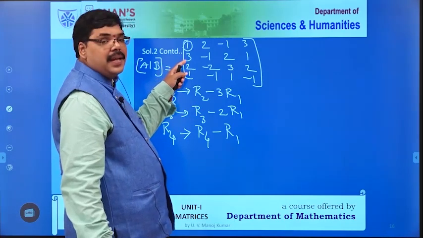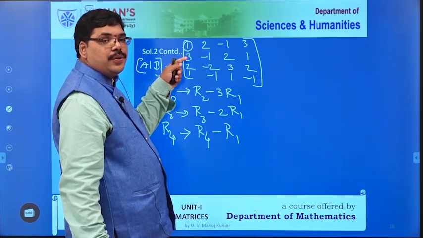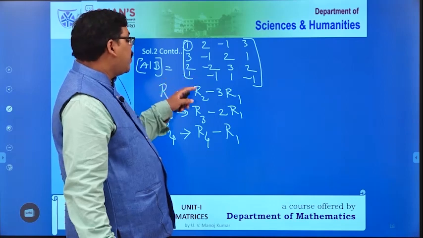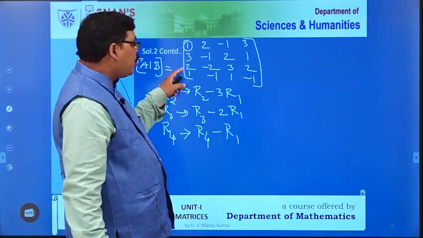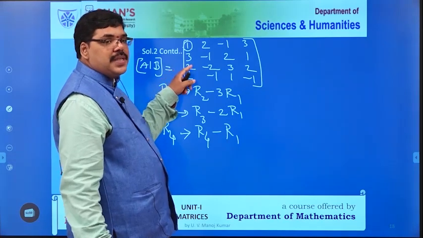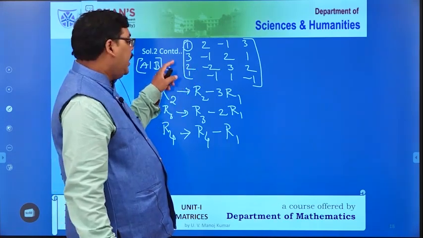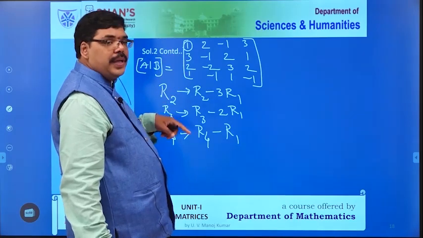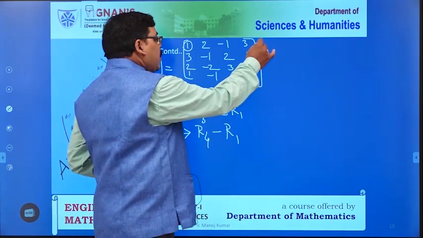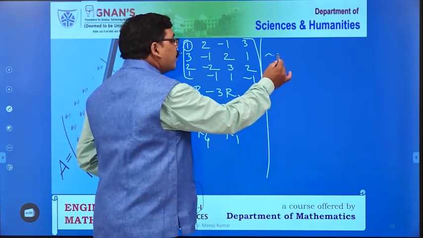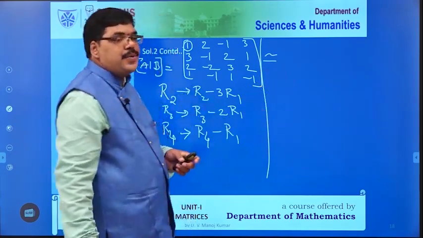Here 3 is there. In order to reduce into 0, 3 minus 3 becomes 0. So I am multiplying R1 with 3. Similarly, here 2 is there. To reduce this element into 0, I need 2 minus 2. So I am multiplying 2 here. 1 minus 1, 0, like that, okay? So if I apply these row operations, augmented matrix reduces into,